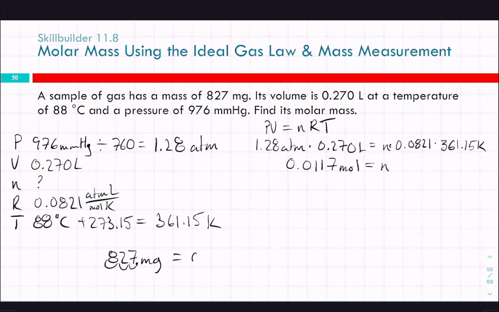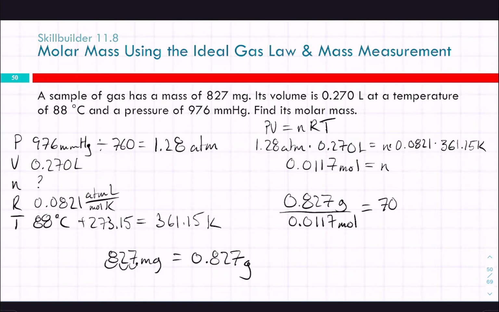So that'll be 0.827 grams. 0.827 grams divided by our new number of moles. 0.827 divided by that number gives us 70.7